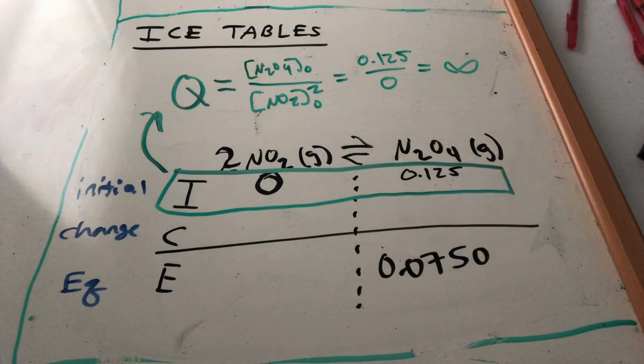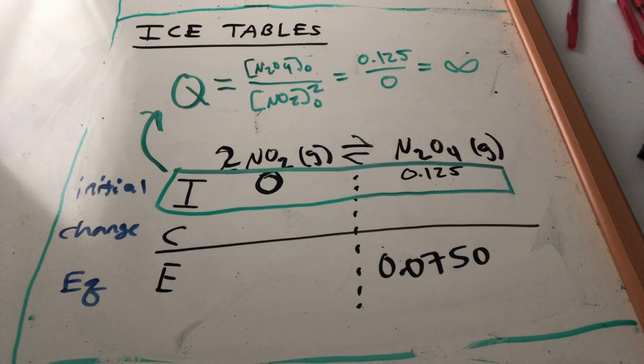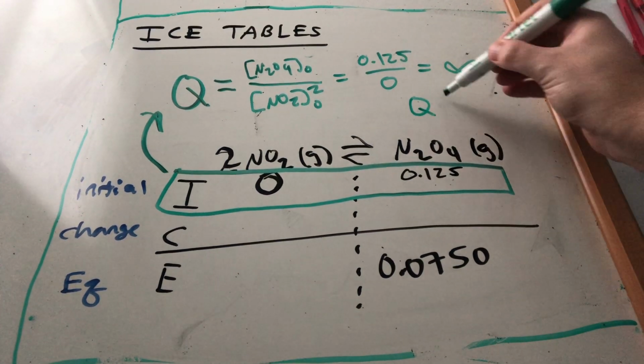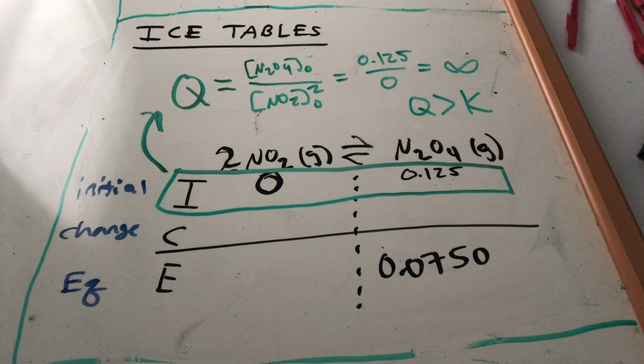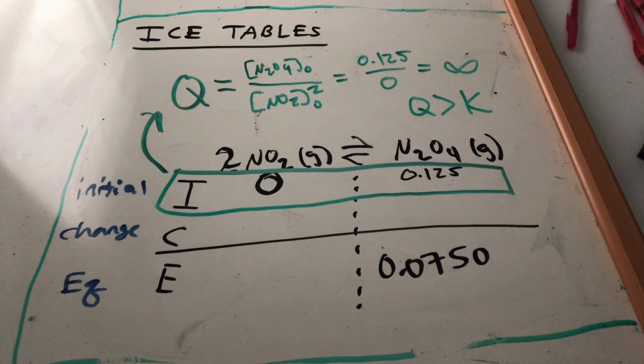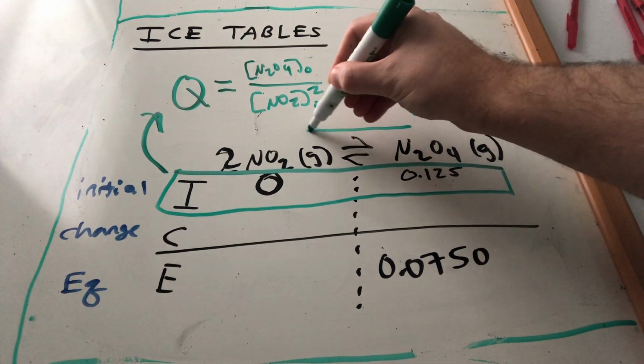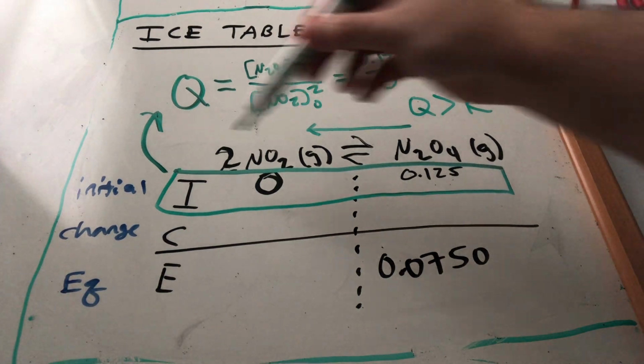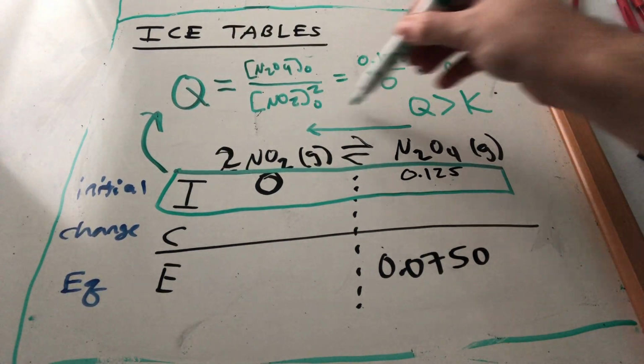It looks like infinity. So it's a situation where we don't even need to know K, and we don't know K. We have to actually calculate it in the problem. We don't need to know K to see that Q is infinity. So whatever K is, Q is definitely bigger than K. So in situations where Q is bigger than K, which way does the reaction progress? The reaction progresses from products to reactants. There are too many products in your initial conditions, and you have to get to an equilibrium with less products. So just to recap, I gives us Q, which tells us the direction of the